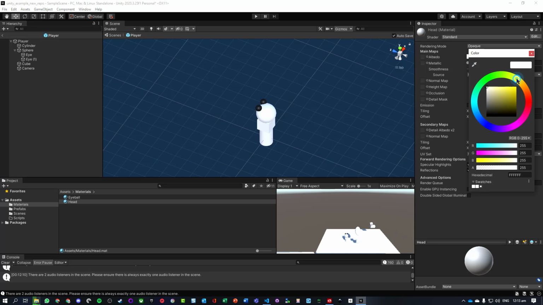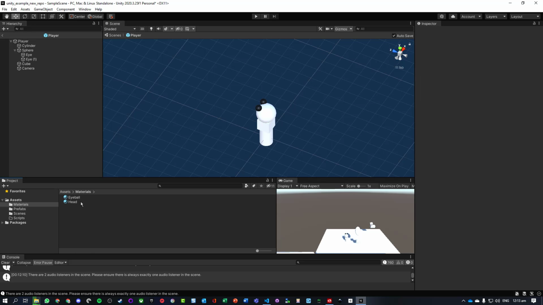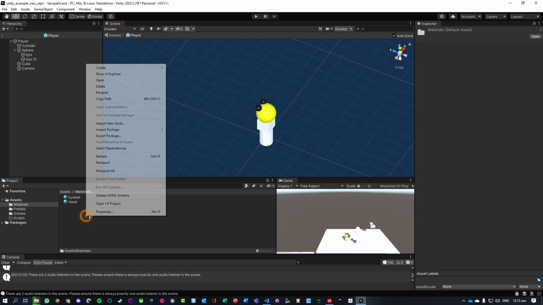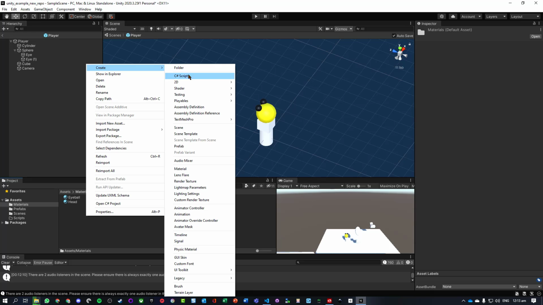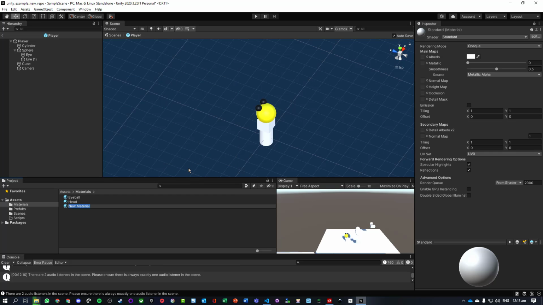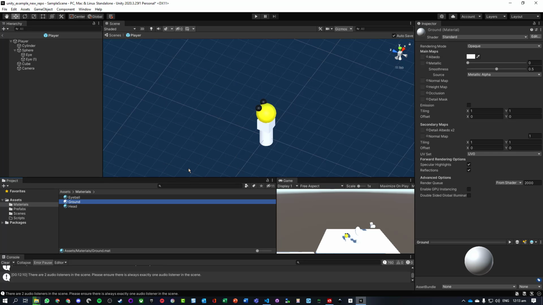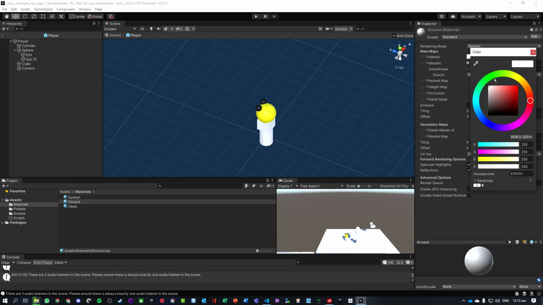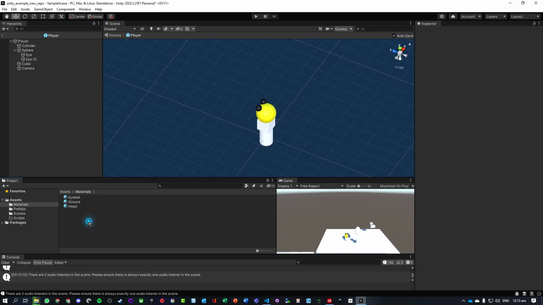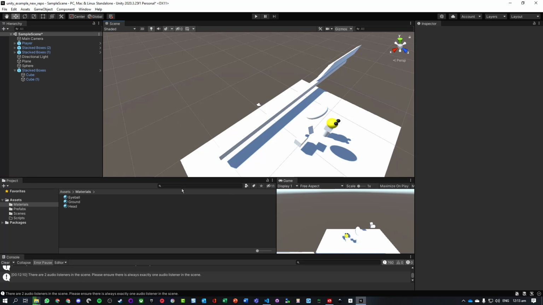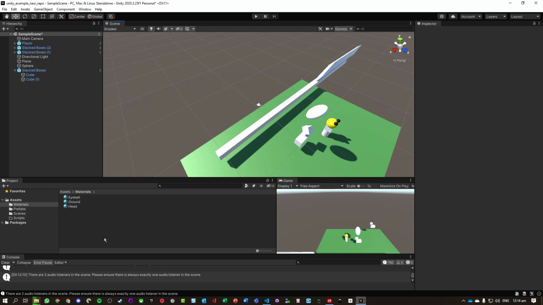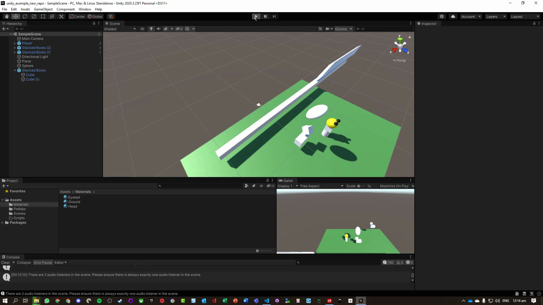and we'll just make it a yellow, and we'll make another material for the ground, and we're just going to make the ground a bit of a green. So this one will go back to the scene, and we're just going to drag that onto here, and I'm just going to save the scene and play it,